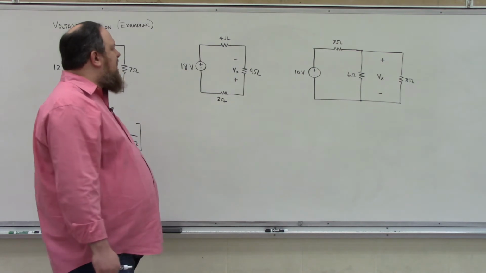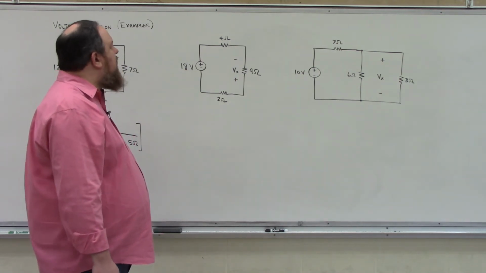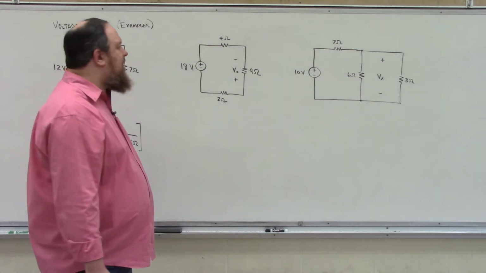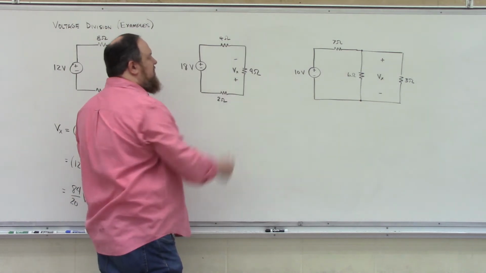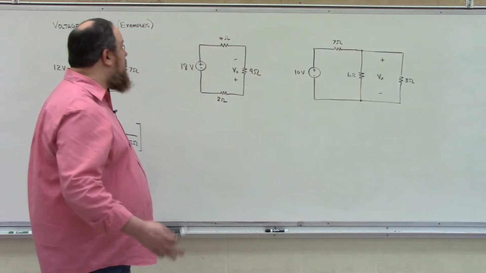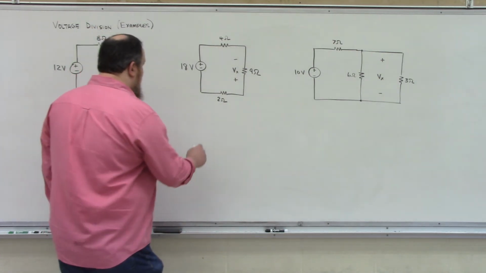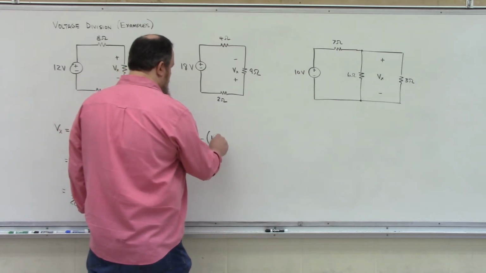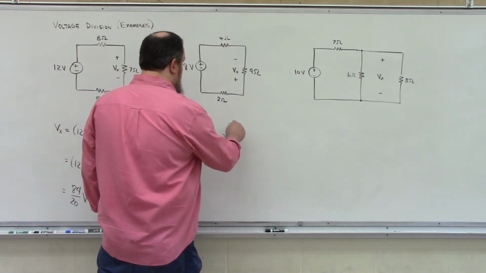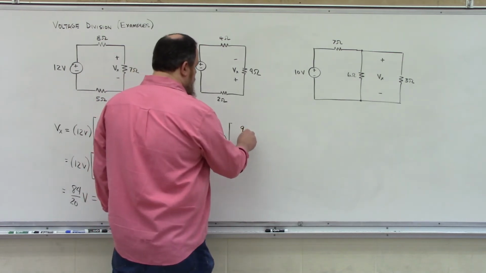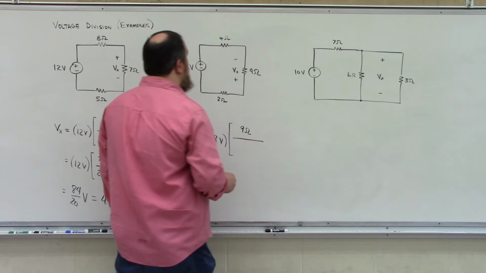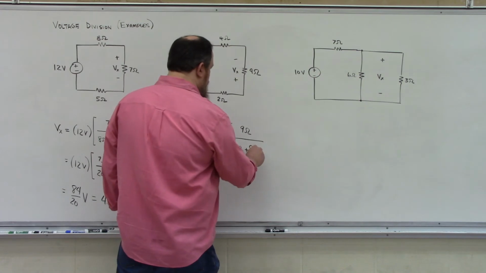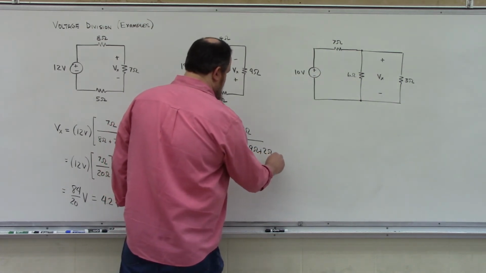So what's going to happen is we're going to have to include an extra negative sign, and the reason being is that we know for sure that the resistor has to be absorbing power, which means we are effectively considering the current is flowing in the opposite direction as to the one that we know it's flowing. So in this case, Vx is going to be negative 18 volts multiplied by 9 ohms, the resistor we want the voltage drop over, divided by 4 ohms plus 9 ohms plus 2 ohms,